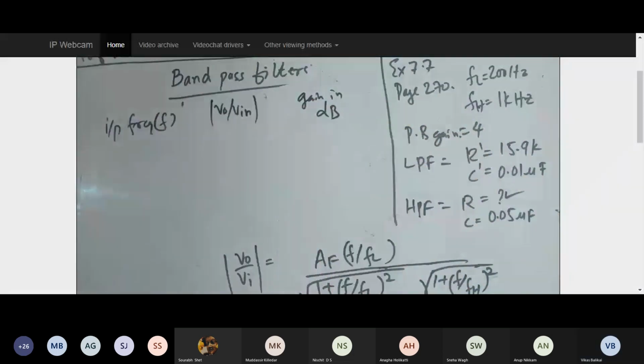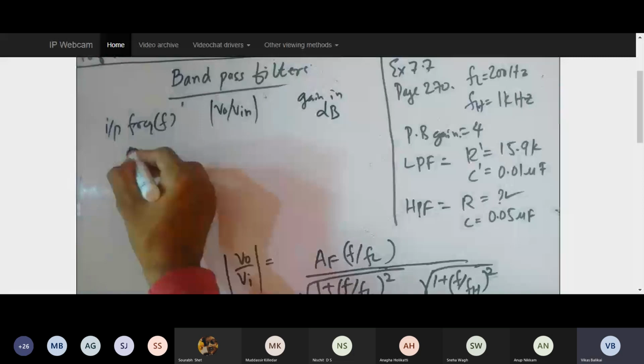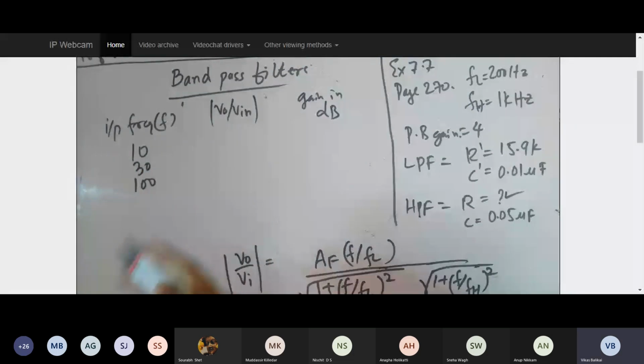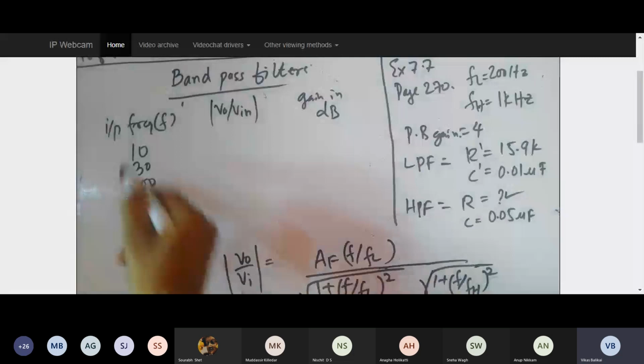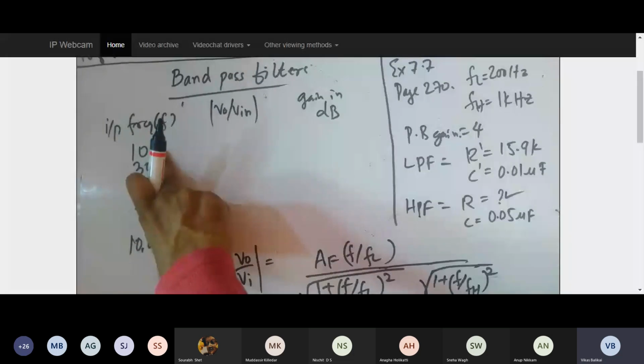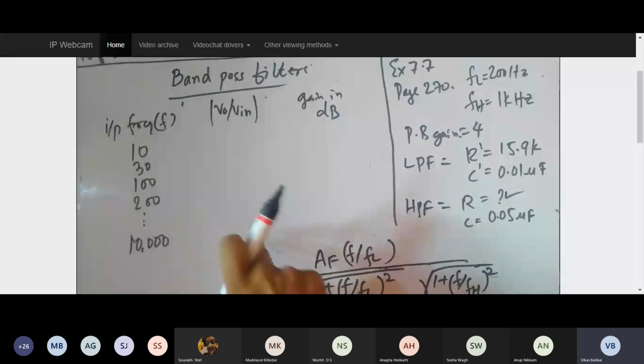Now if I consider 10, 30, some random values, usually you consider 10, 50, 100, 150, 200, like that. So I'm going to take only those values which he has given in the textbook, going up to 10,000. Using these values, you can plot it by considering some 10 values. That's why I tell you these problems are not complex, they are time consuming, because you are doing a lot of donkey work, repeatedly substituting the input values and all the given values in the equation, obtaining V0 by Vi, writing it over here, and then using 20 log V0 by Vi to obtain this value.